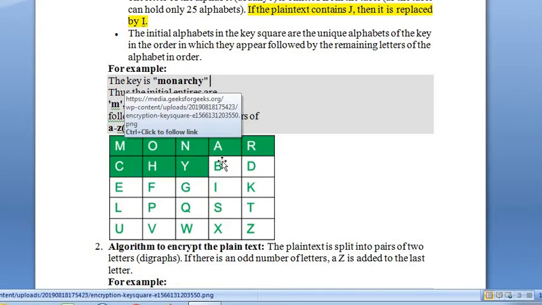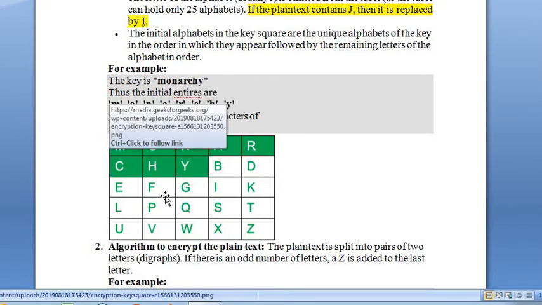For example, A is already there, so I enter B. C is already there, so I enter D. E, F, G, H. H is already in the previous letters, so I enter I. J I don't need to enter. K, L, then M, N, O are already there, so M, N, O will be eliminated.